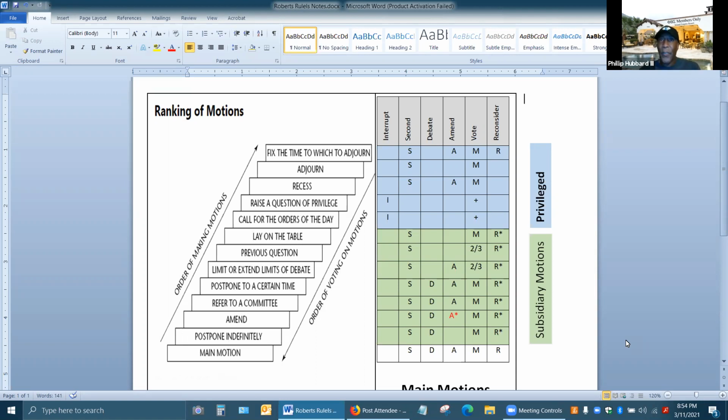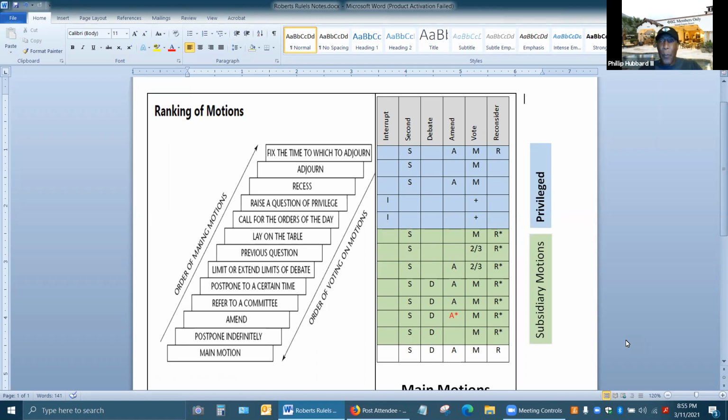It puts the onus now on the chair, and the chair will decide whether he believes that this new issue is urgent. If he doesn't believe that it is urgent, then again, it still goes to the assembly, and now the assembly will decide by vote whether it is actually urgent or not. But the chair will address it first. He will take a look at it and then send it to the assembly by way of vote.